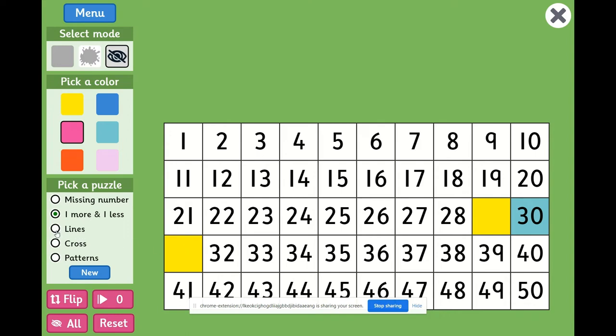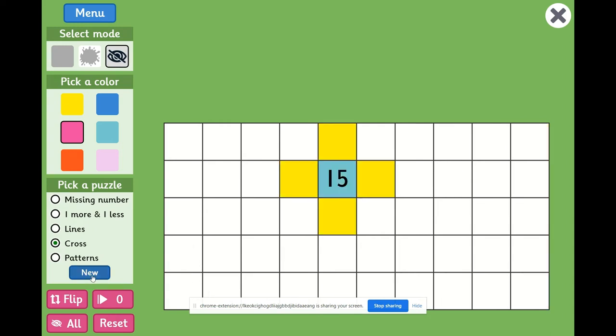Next up, we need to identify through lines. So when we click on lines and when we click on new, it will take away one line of five numbers, wherein only one number would be given to us. When you keep clicking on new, it gives you different sorts of numbers. Like here it has given you a vertical line. Prior to that we had all horizontal lines. Similarly, it could give you a cross thing.